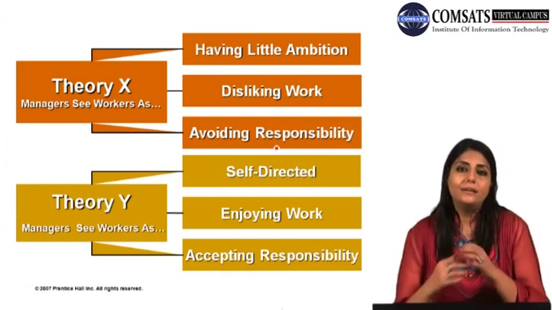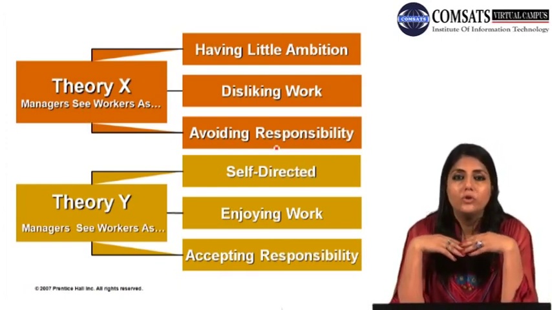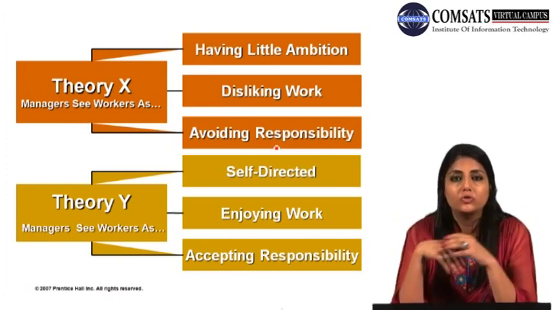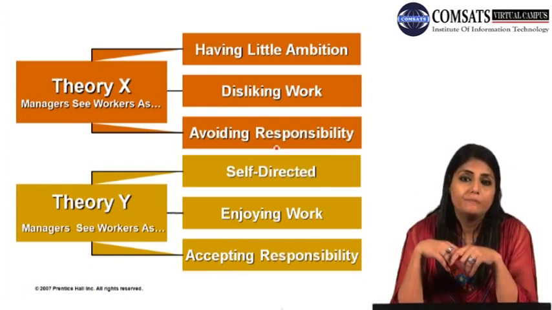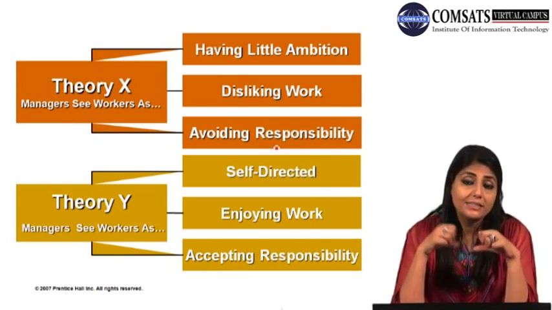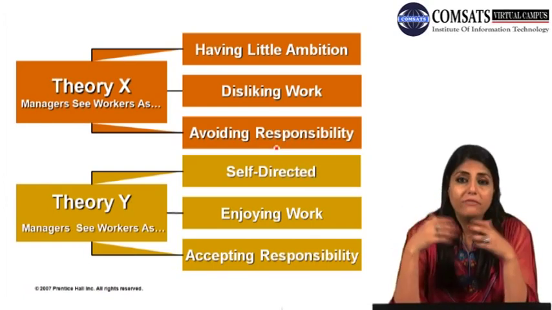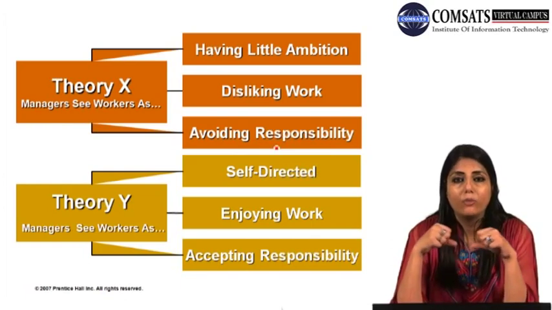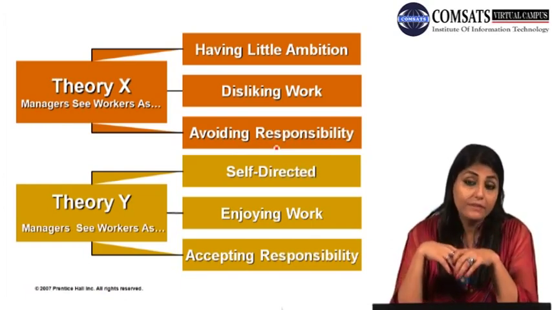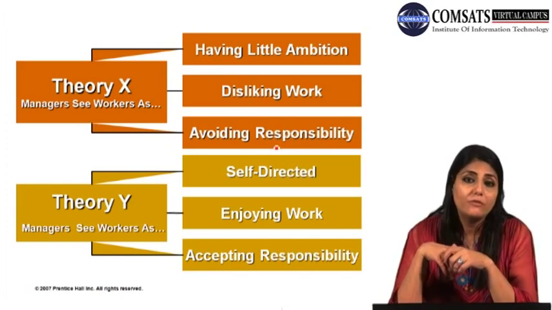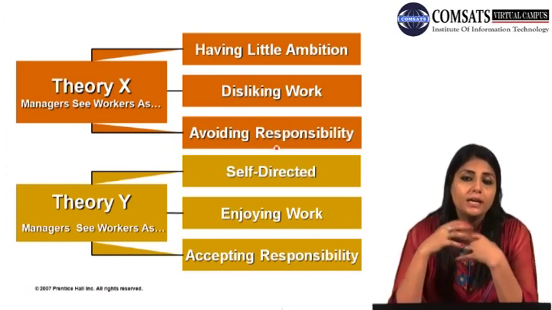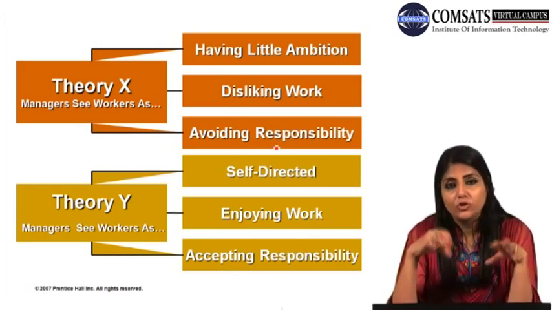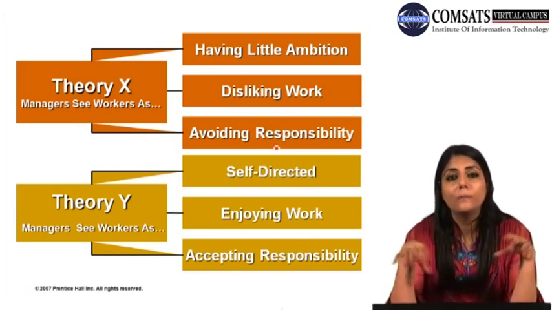So as we can see here, the two categories of individuals are exactly opposed to each other as per this theory. Theory X individuals are exactly opposite to Theory Y individuals, and the theory basically says that Theory Y individuals are more self-actualizing individuals. They have importance for growth. They have self-growth needs, and if we refer to Maslow's theory, these self-growth and self-actualization needs, these features of Theory Y individuals, dominate the other